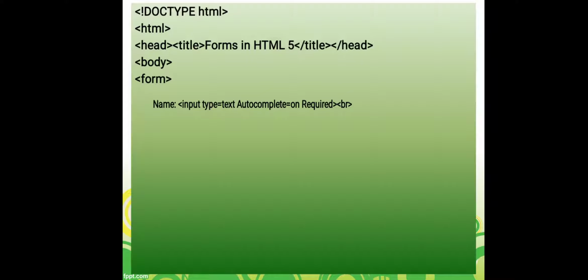And again new attribute we are using, that is why I have given a space, and the new attribute is required. Required means it is mandatory that the user has to fill this data, and until and unless this data is filled, the form will not get submitted. I hope the first line is clear. Now there is a new control on new line, so that is why we are having a BR tag, that is the break rule. Means from that statement the line will be displayed in the new line.